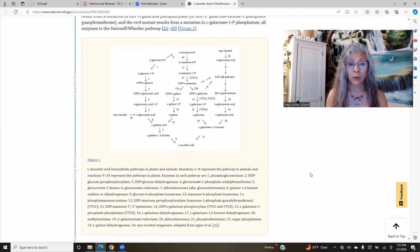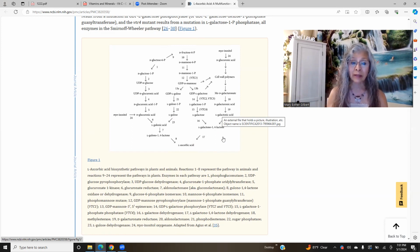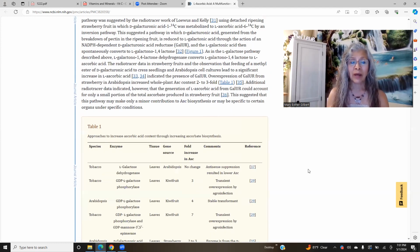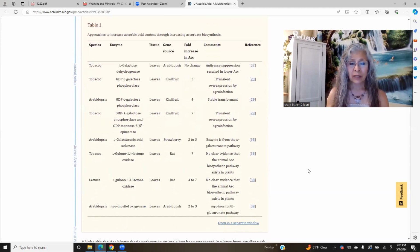Okay, and if you like the schematic diagrams of all these different molecular pathways, then this will be fun for you to learn all these terms. But my point is to just get an overview of the kind of nutrients that are in whole foods. And for some reason, they are examining the tobacco species. Who eats that besides chewing on it and spitting it out? That's disgusting. But anyway, then you've got all these other types of sources like the kiwi fruit, strawberries,